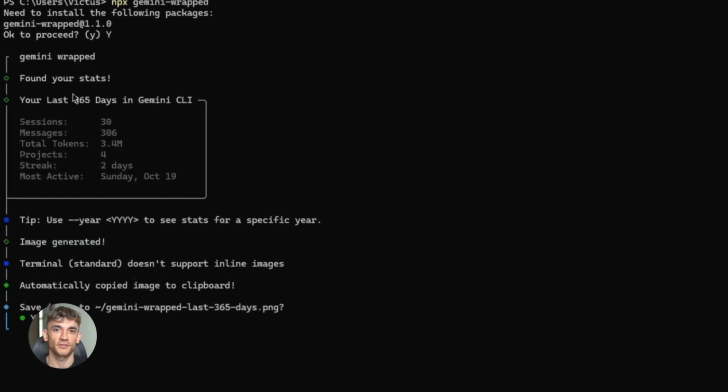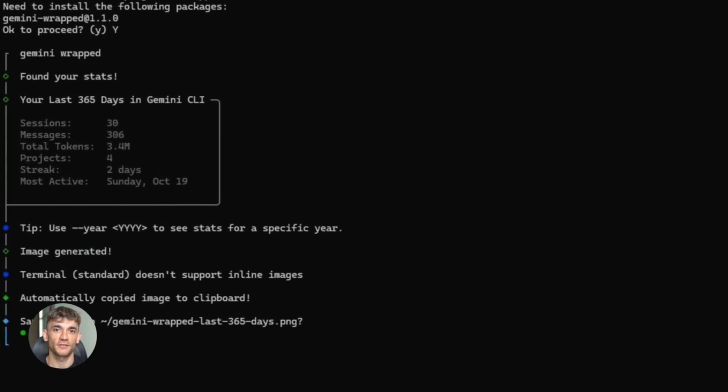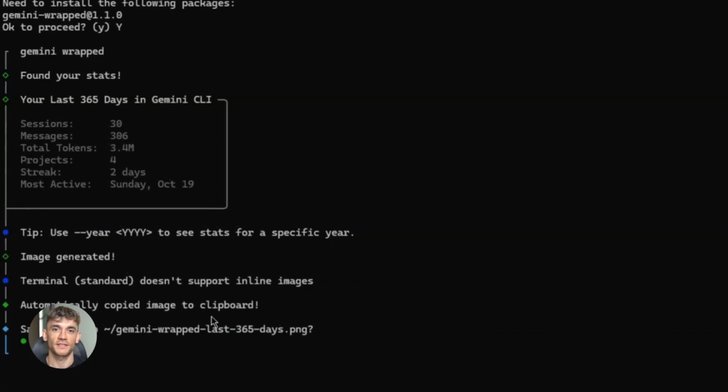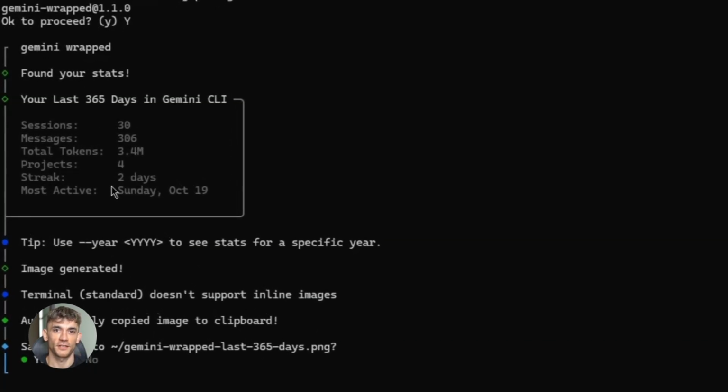Why does this matter? Because you can see what's actually working. Maybe you're using Flash for quick tasks, but Sonnet for complex ones. The stats show you that. Maybe you're spending way more time on Python than JavaScript. You'll see it. For teams,